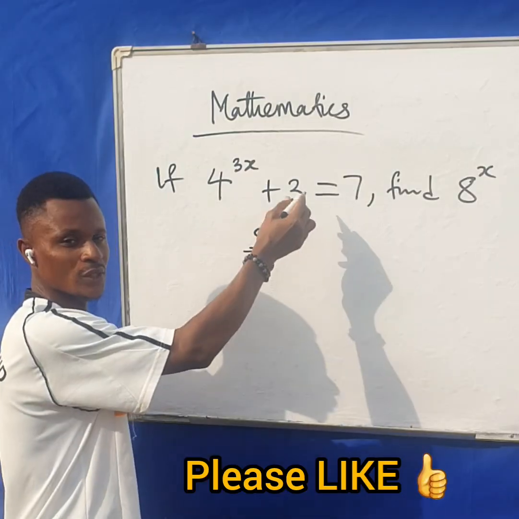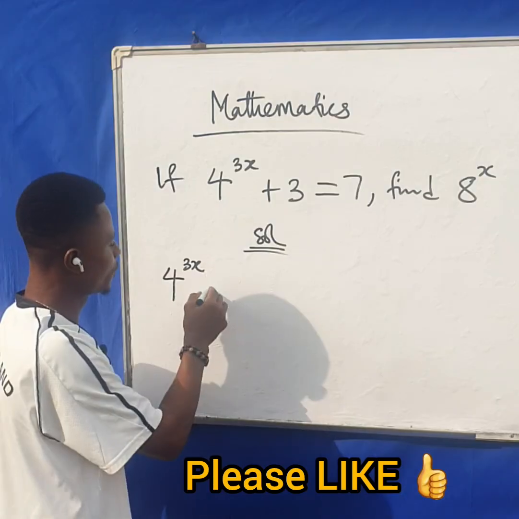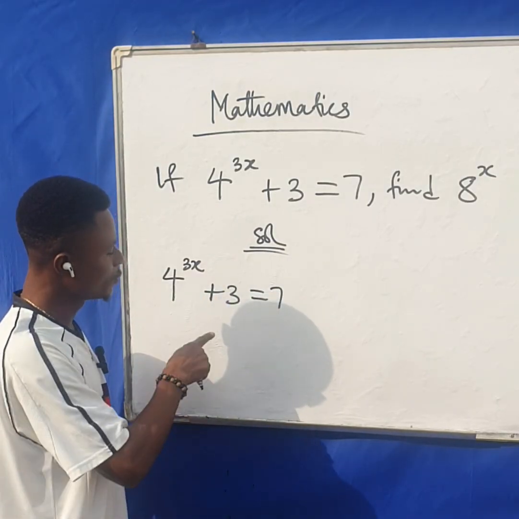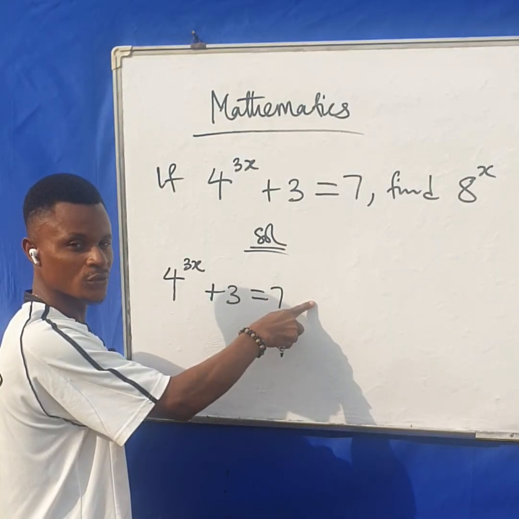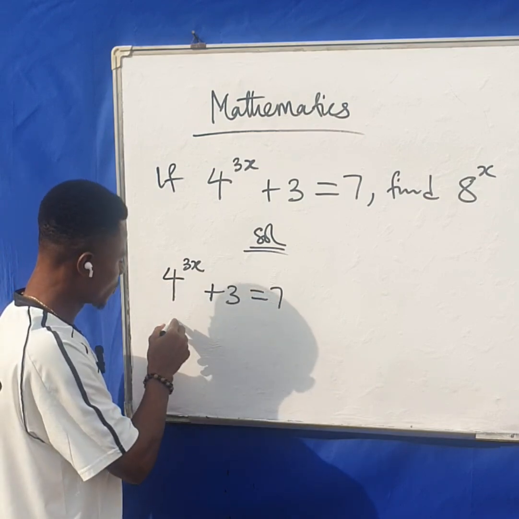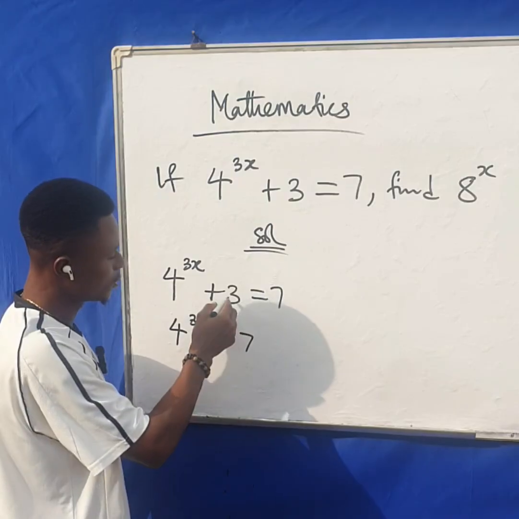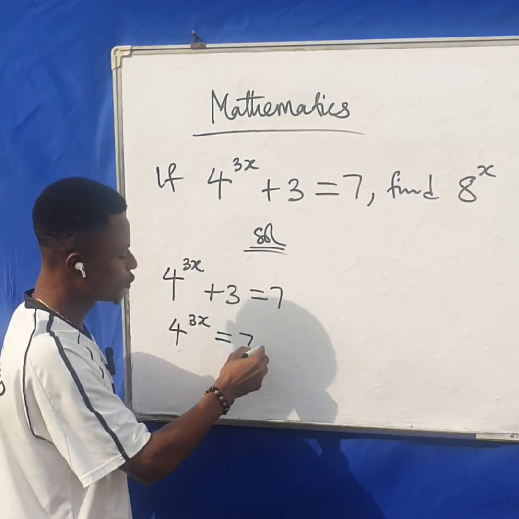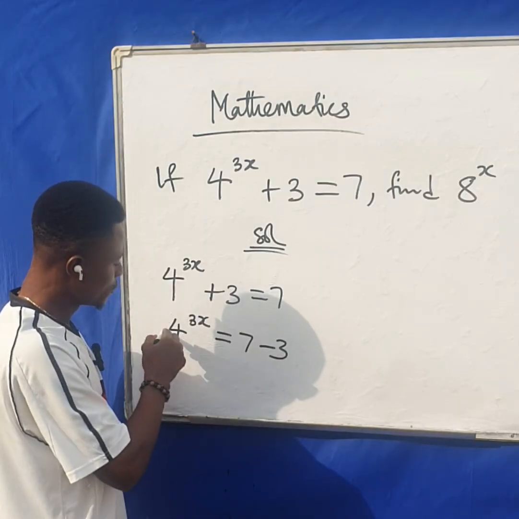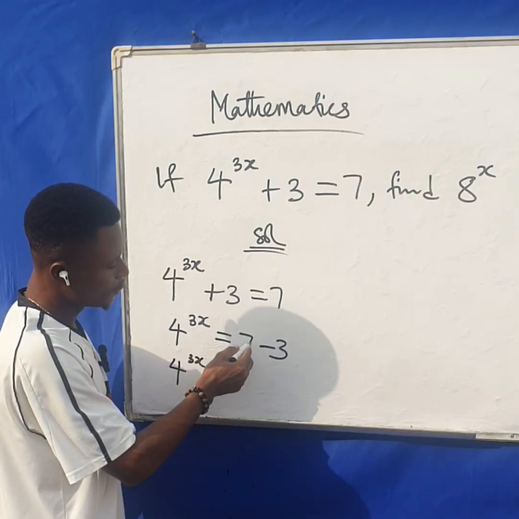Let's start with this equation that is given to us. So we have 4 raised to the power of 3x plus 3 equal to 7. Now what we are going to do is move this 3 to the right hand side of the equation. And when we do that, we are going to be left with 4 raised to the power of 3x equal to 7. If this 3 crosses to the right hand side, it changes to negative 3. So let us subtract what we have. We're going to have 4 raised to the power of 3x equal to 7 minus 3, that will give us